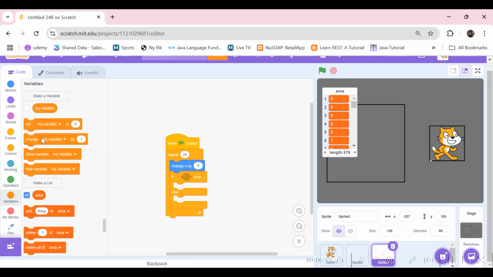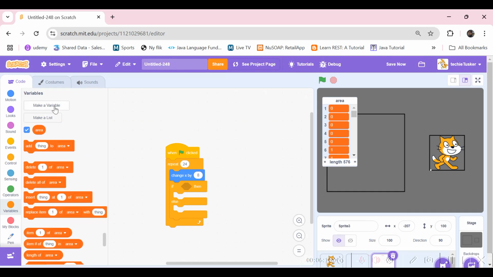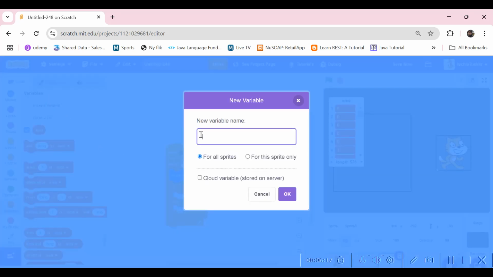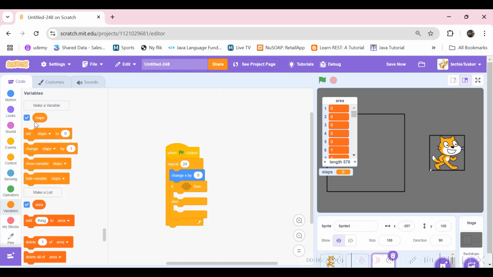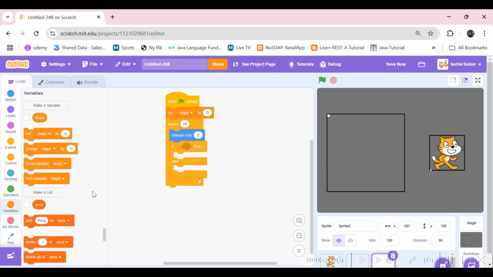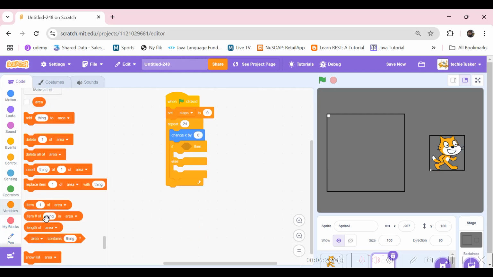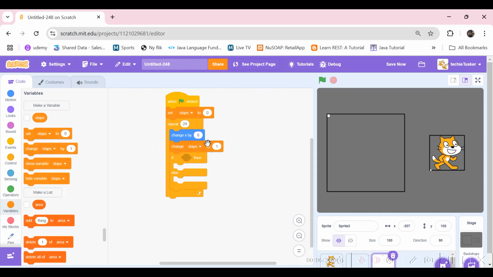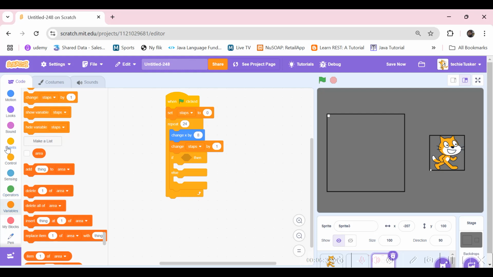So what we'll do is we will delete this variable here and make a new variable. We'll name it steps or whatever you want. So at the beginning we'll set steps to 0, and here we'll change steps by 1, and now we'll say